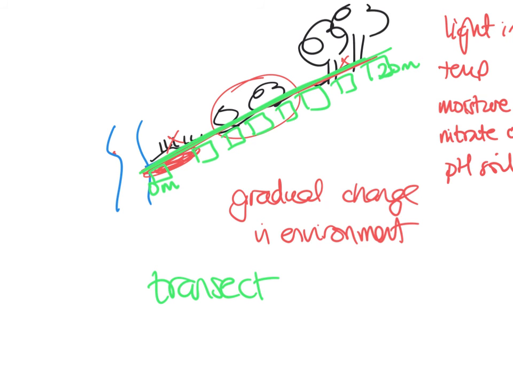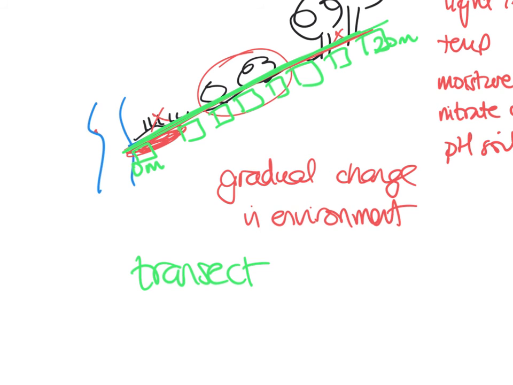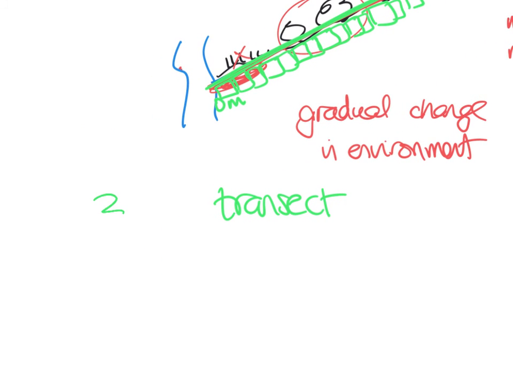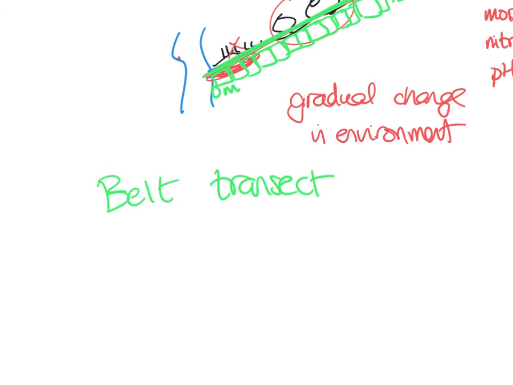It depends on the length of it. So if it was 20 meters, I would be putting a quadrat down every 2 meters, so I've got 10 readings. If it was a much shorter area, or if you had more time, you could actually put your quadrats down end to end. And so you're actually sampling a whole strip, a whole belt of land. And so that's called a belt transect. Okay, so the key thing there is it's used in a habitat where there's a gradual change from one side to the other. So if you go to your notes there,